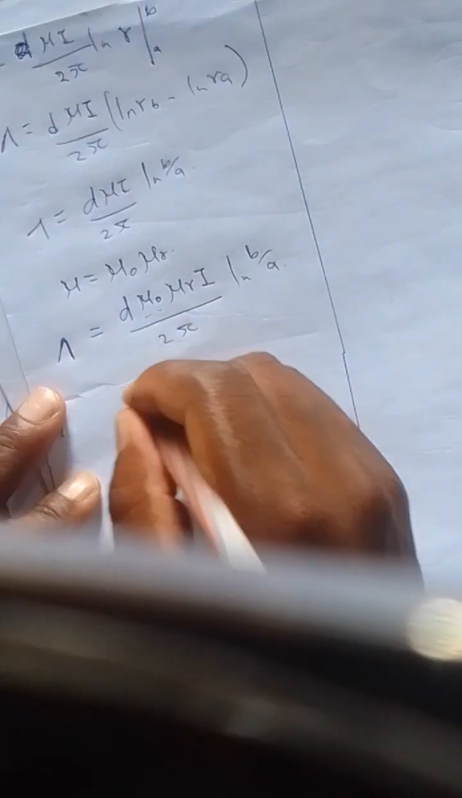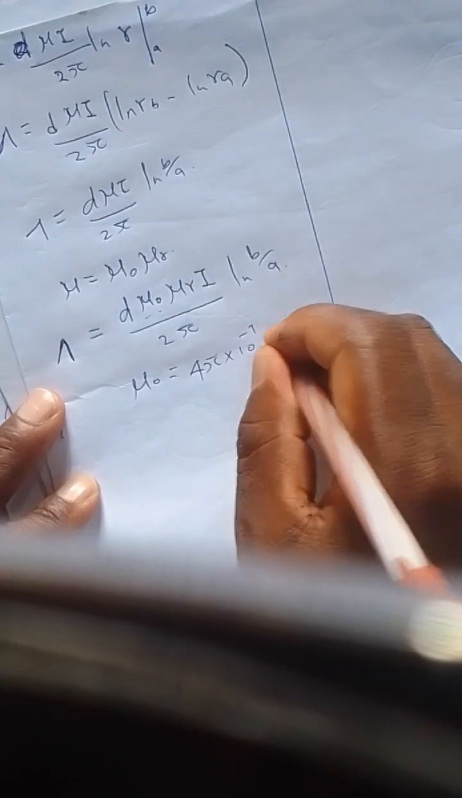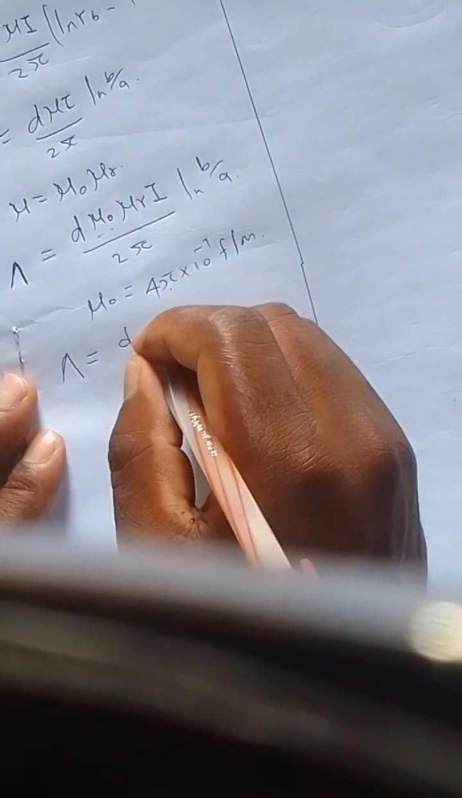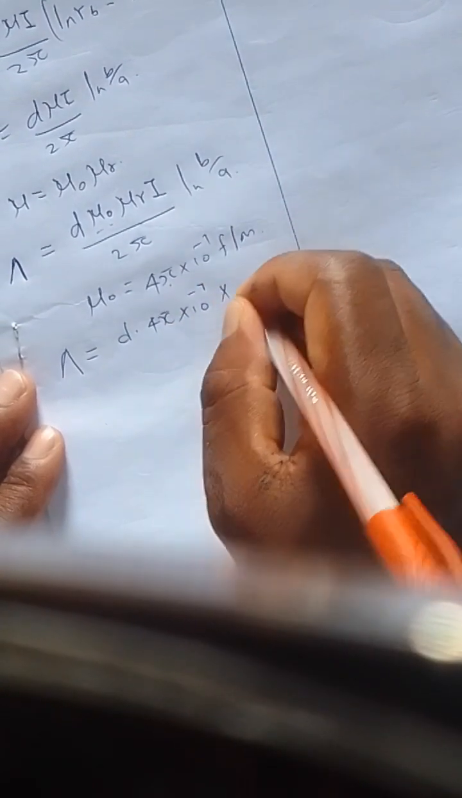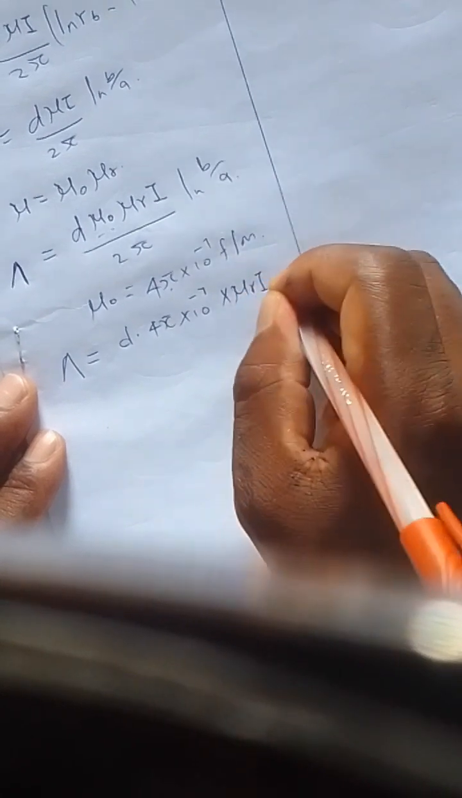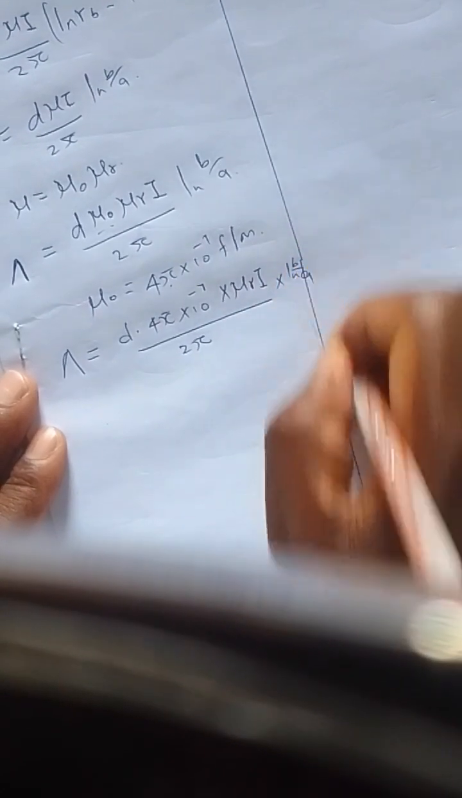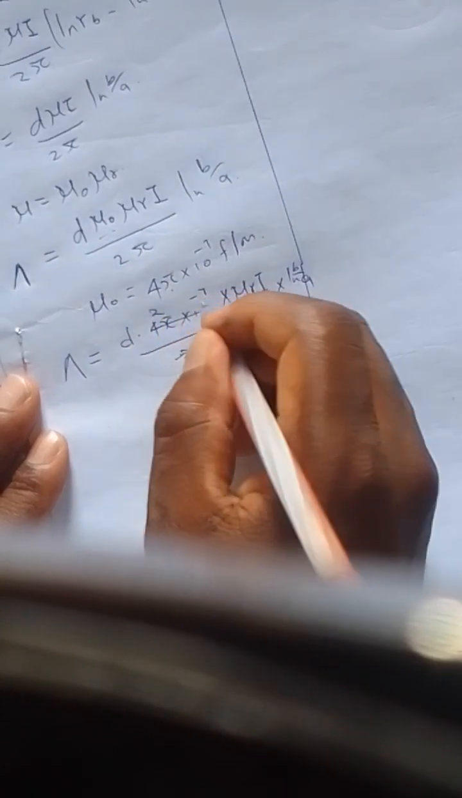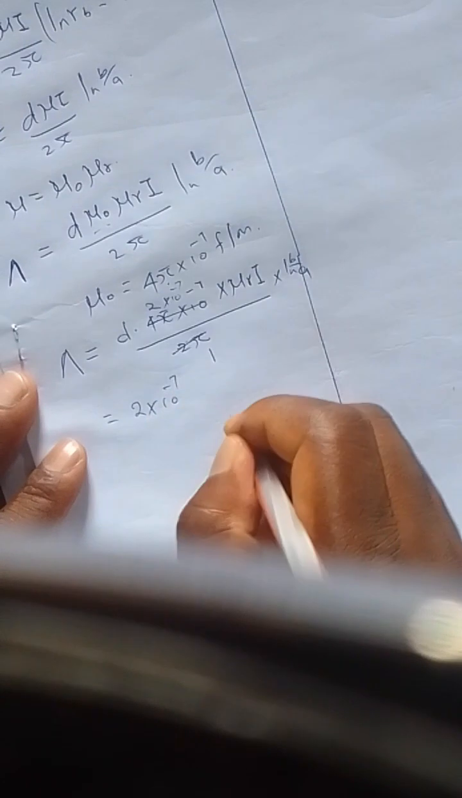Now, this mu naught is a known constant, which is 4 pi times 10 raised to power negative 7 henries per meter. Now, when we bring it in here, the magnetic flux linkage will be equal to d times 4 pi times 10 raised to power negative 7 times mu r times current over 2 pi times ln of b over a. Now this can cancel here, 2 times 10 raised to power negative 7. So our new formula will be equal to 2 times 10 raised to power negative 7 d